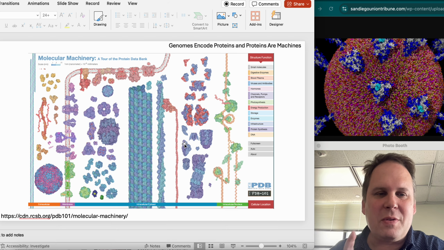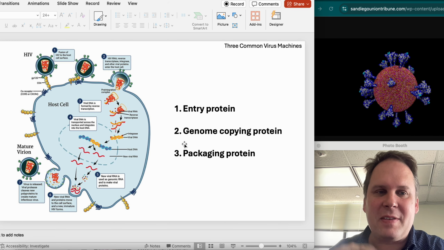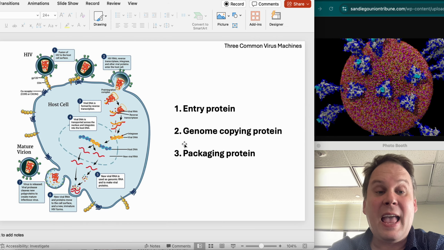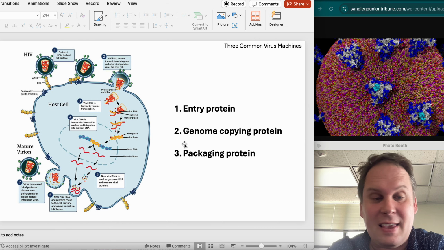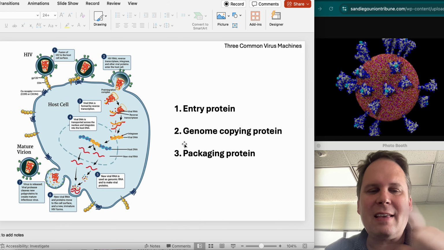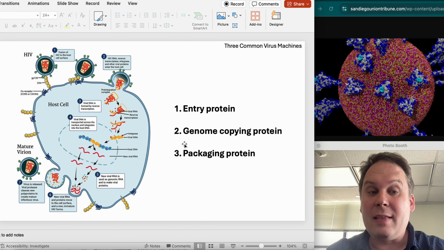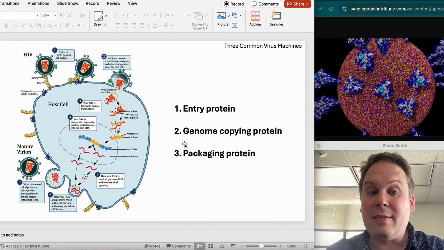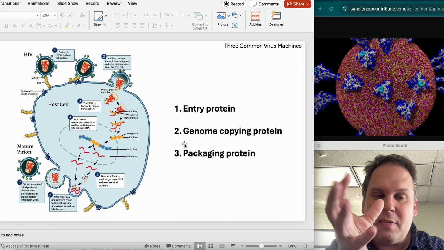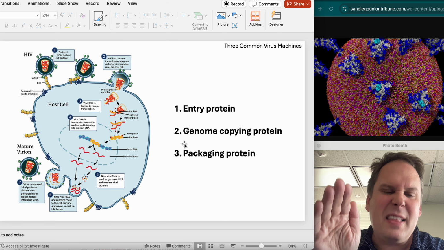So when viruses go into cells, they make special virus proteins that are going to do virus jobs. Now, we're going to go through this course. We're going to start out hammering the heck out of HIV. We're going to learn everything about that because when we get to the next virus, we're going to be able to say, hey, it does the same thing HIV was doing, but instead of calling the protein one name, we're going to call it a slightly different name. And instead of working this way, it's going to work this way, slightly different. We're going to have fine differences that you can hang on the hooks that HIV is going to build.